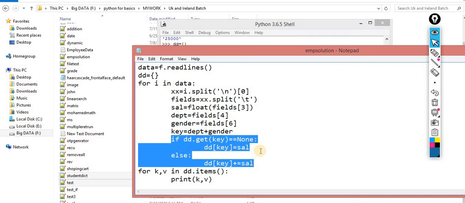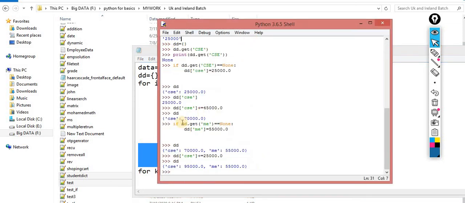So anything else that you want to ask from me? Please, small question. In a dictionary, if the keys are the same, it's going to override the value, right? Yes, sir, basically this is overwriting. It's getting the previous value, adding the new value and overwriting.